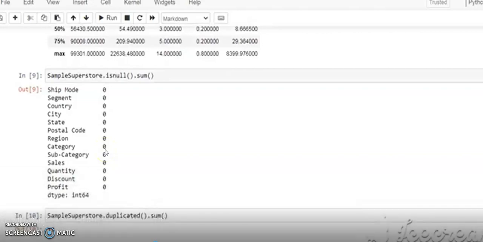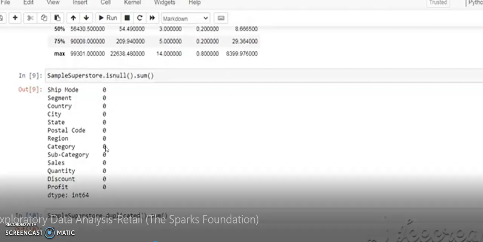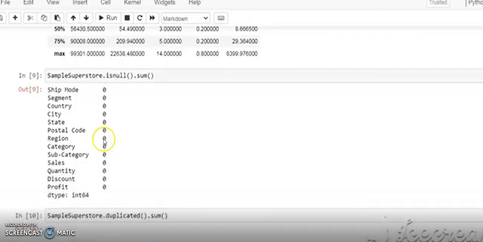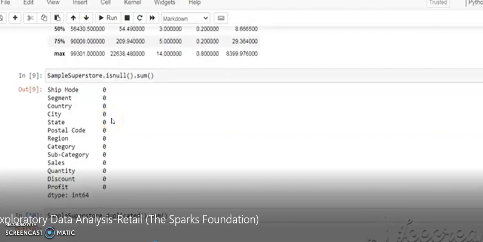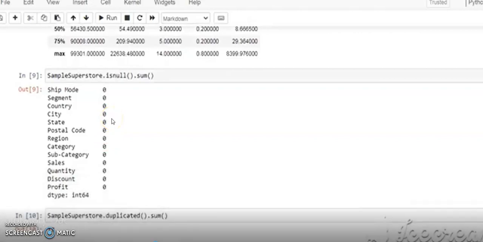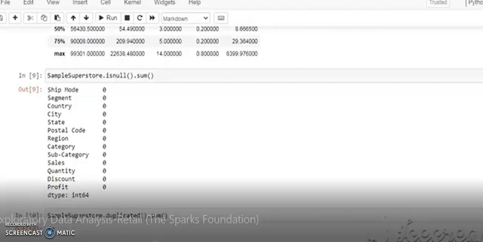It means every column has no null value; if any column had a null value, it would be represented by 1. So our data is clean in the sense of null or non-null.